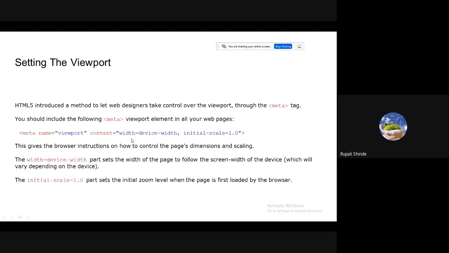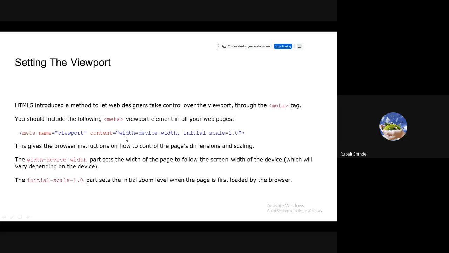The important part here is content. How to manage the content of your web page? You have to manage it with respect to the device width. Then initial-scale is equal to 1.0, which indicates the zooming level.